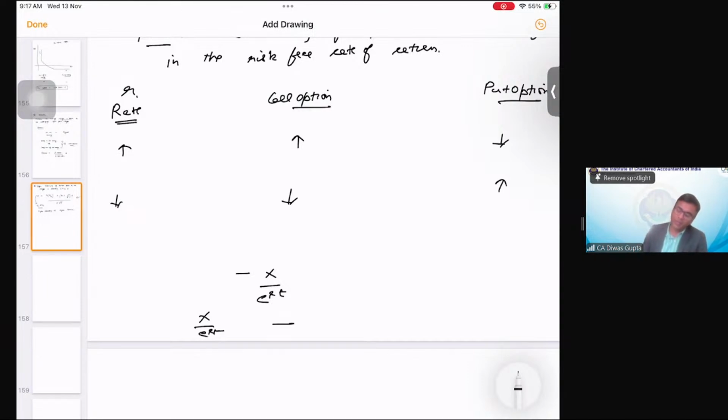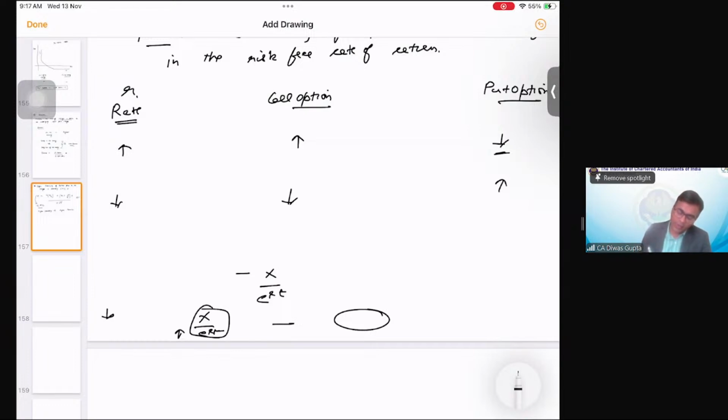Then we reduce the spot price. So in case the rate is higher here, correct? So the first term will become lower. This present value will become lower. Higher the rate of return, lower will be the present value. If it is lower, then it will derive the entire value to be lower,